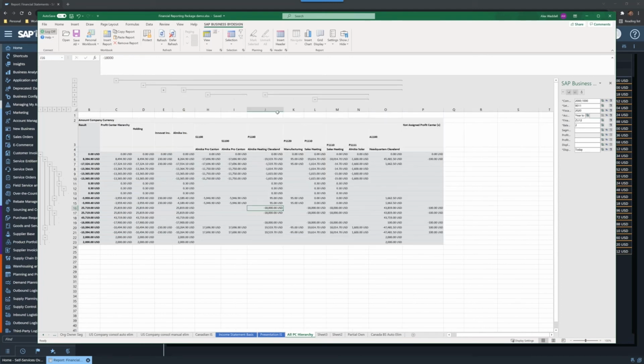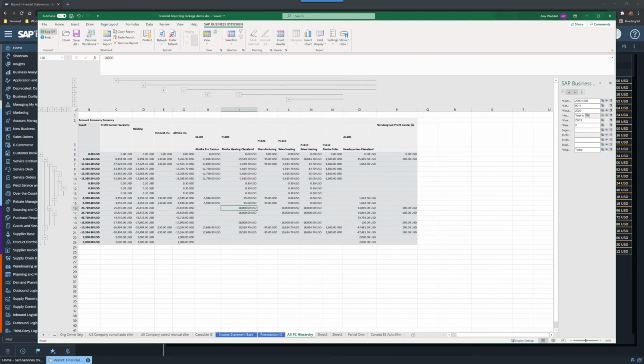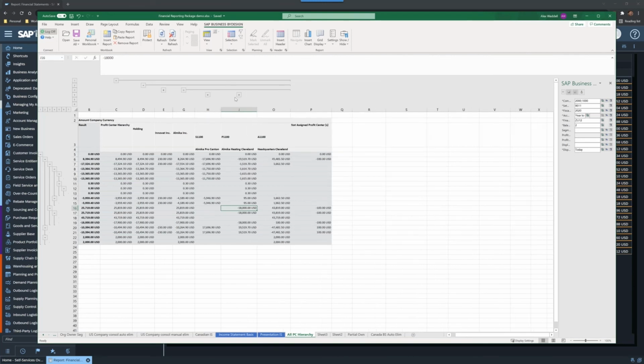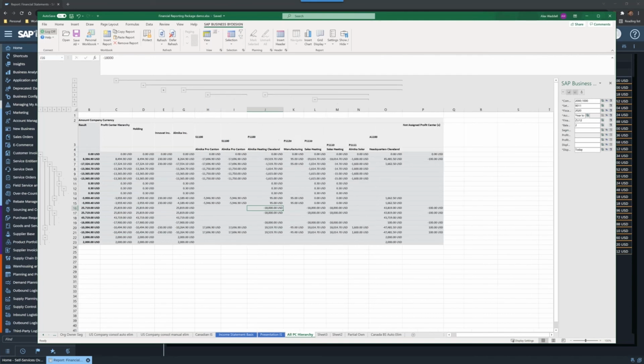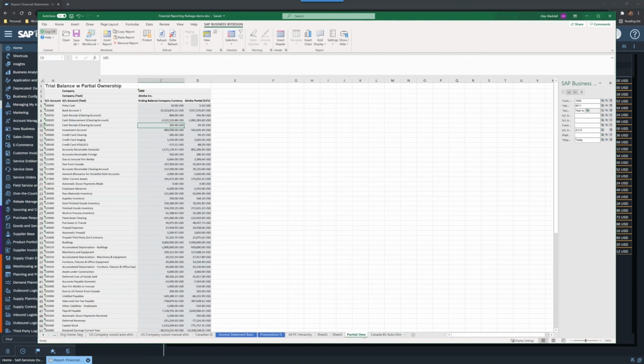I can collapse, or I can start expanding the entire company, and I can start working on different segments, or I can go all the way down to my profit center levels. So the beauty of Excel doing that, that's a really slick feature. This doesn't really relate to the Excel side of it, but this kind of segues into doing things outside of